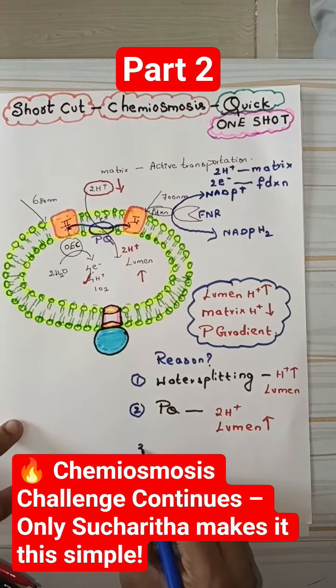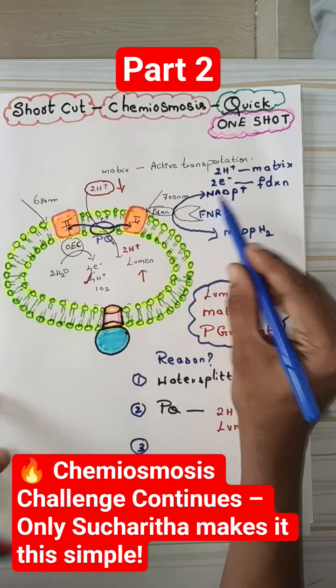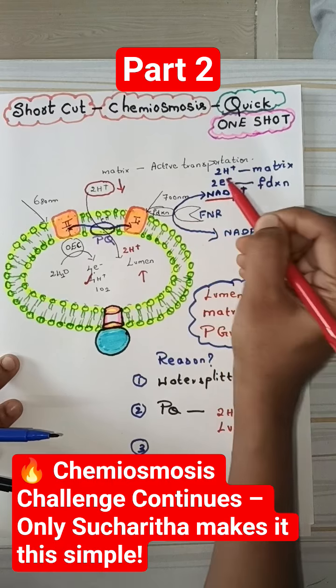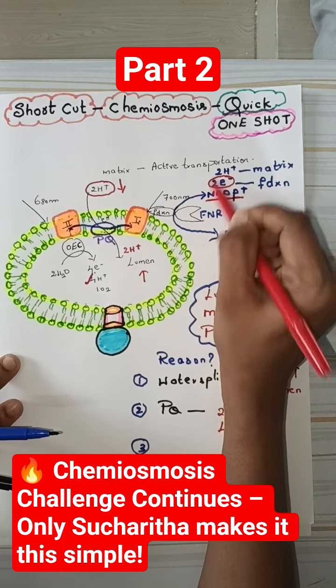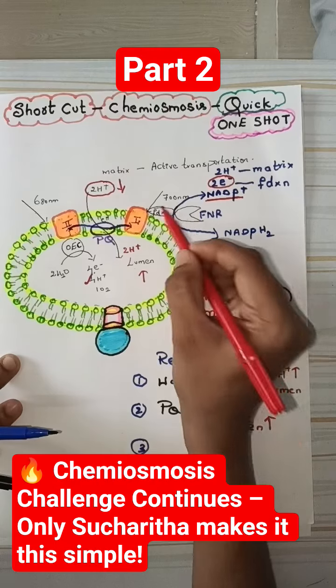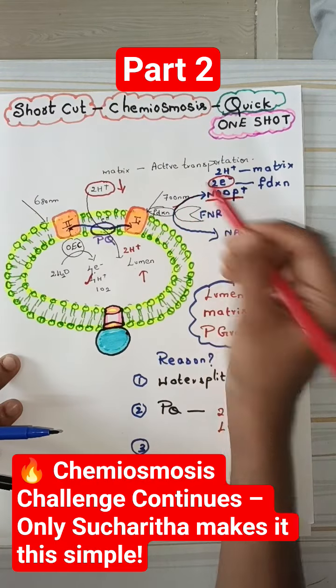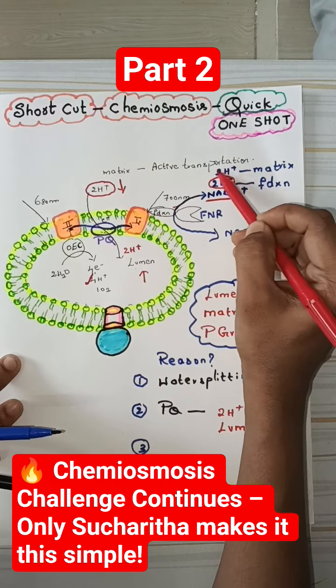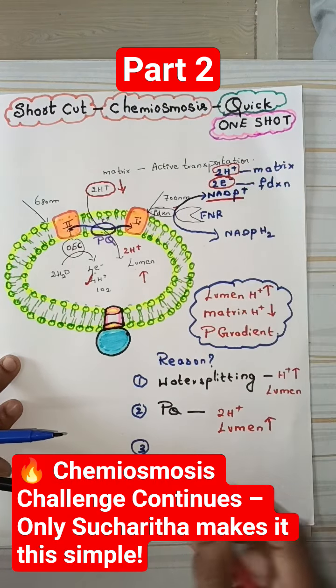And the third point, can you see here? The NADP plus, I'm going to underline, the NADP plus is going to pick two electrons from the ferredoxin. Yes, two electrons are picked from the ferredoxin and two protons are removed from the matrix, which means